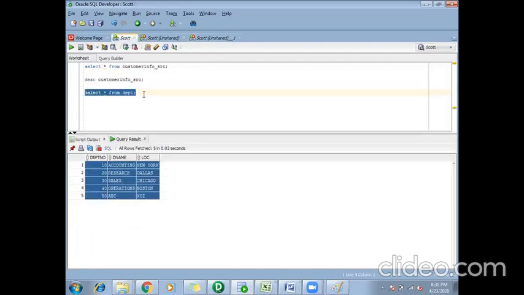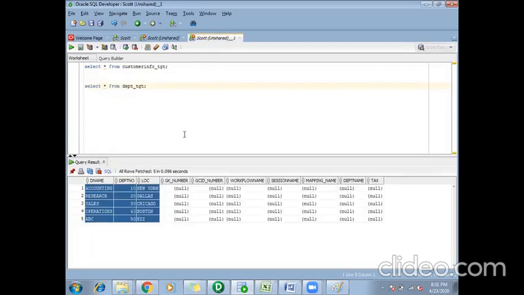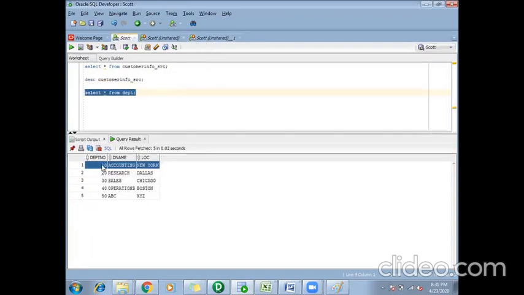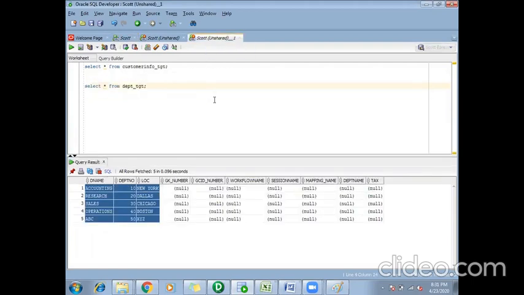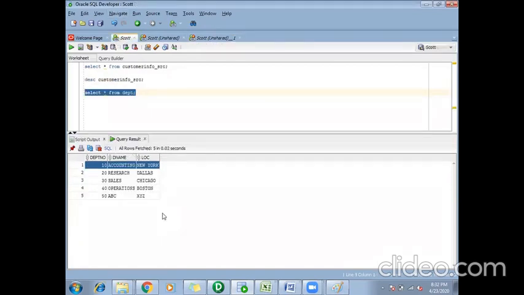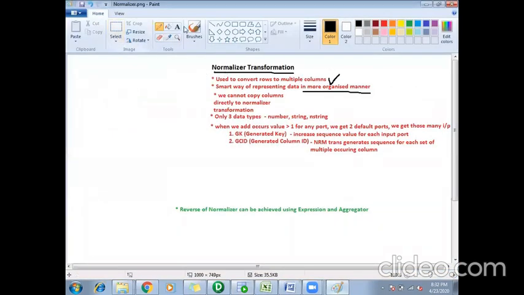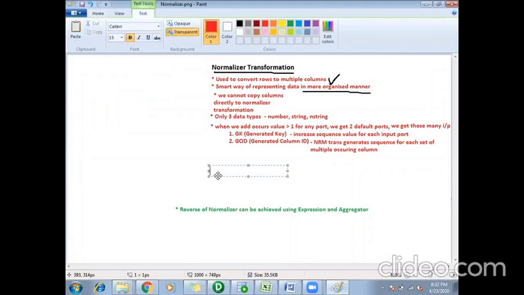But assume I want to duplicate the records while loading. That is, for each department record, I want to load five records into my target. So I have one record here, the department with department number 10. In my Informatica, there is a requirement to duplicate the records and load them to the target. So for every record, we will generate five records. Let's see how we can do it. That is another case: in case you want to generate some duplicate records, we can use this normalizer.